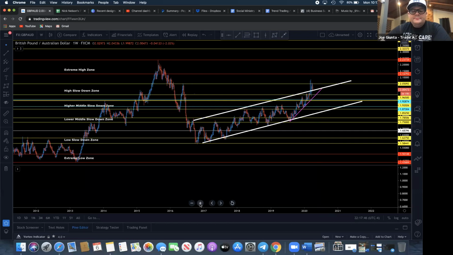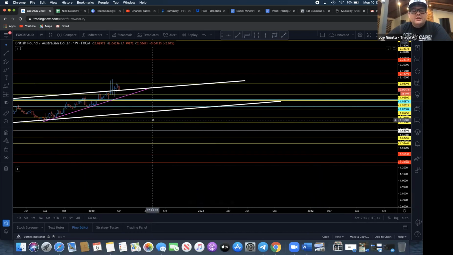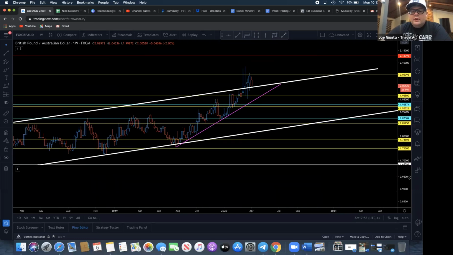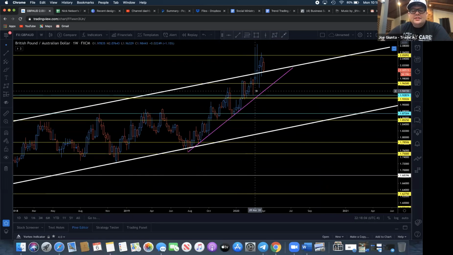So let's zoom in a little bit. If we know we're in an upward swinging channel and we're here, right? Let me make that a little bit bigger for you. All right. If we know that we're in an upward swinging channel, and let's just say we're here, which is where we were a few weeks ago, 4 or 5 weeks ago. I told everybody we should not be looking for anything bullish right now, because look at where we are, at the top of our channel. Why would we ever want to take a buy when we have such an extreme level right there? You know what I mean? Especially on the swing trade, we would never want to take that.